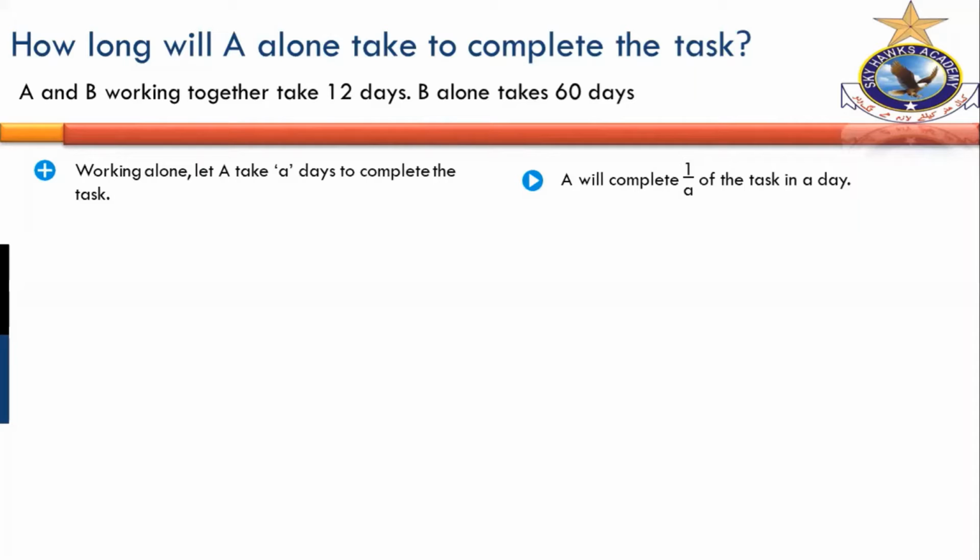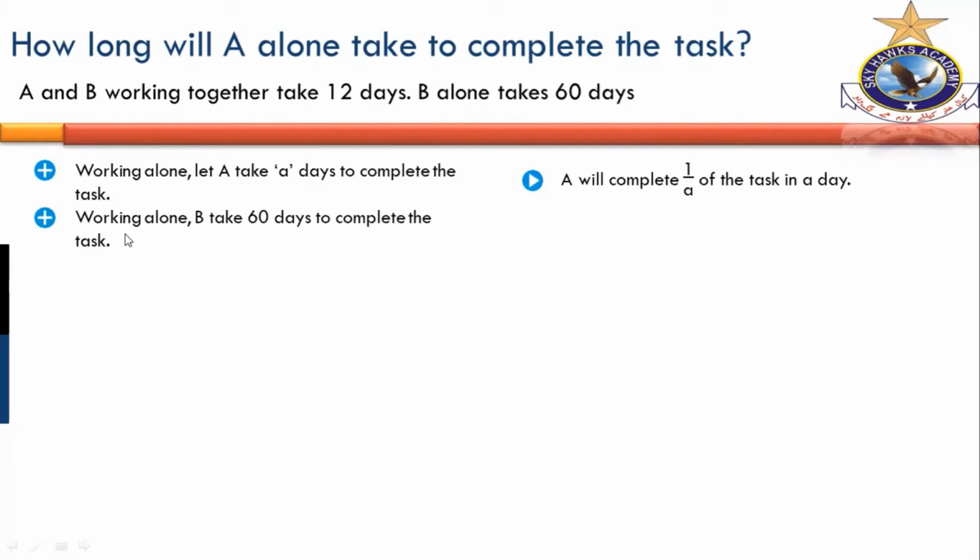Please read this one. A will complete 1 over A of the task in a day. If he is taking A days in total, then in one day he will complete 1 over A of the task, 1 over A of the task in a single day, per day you can say. So the next one is,